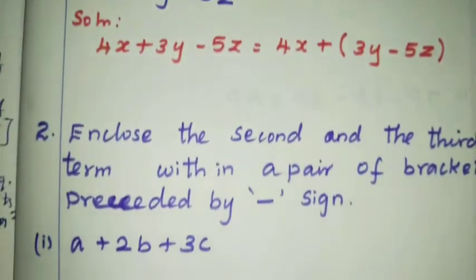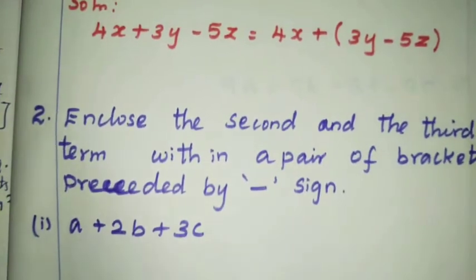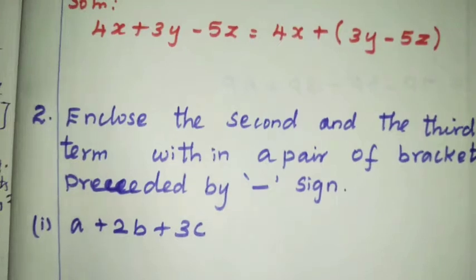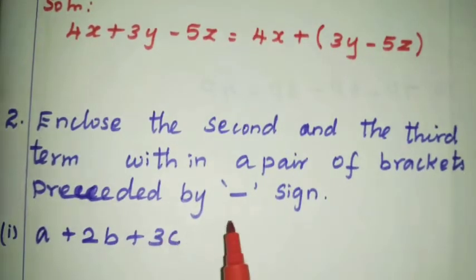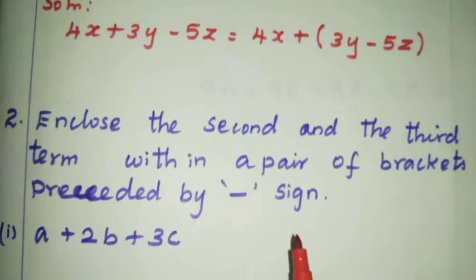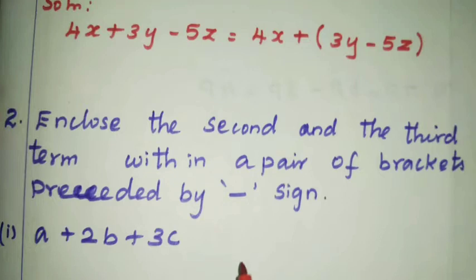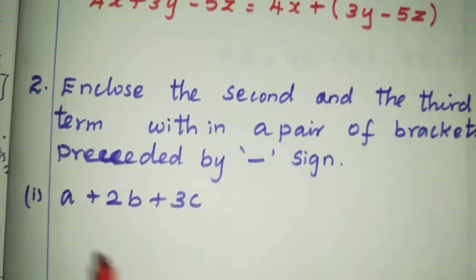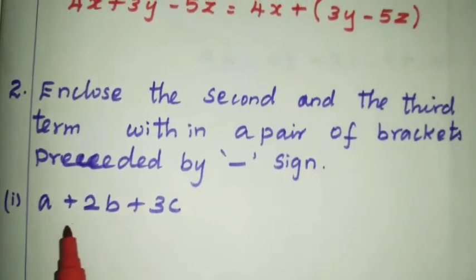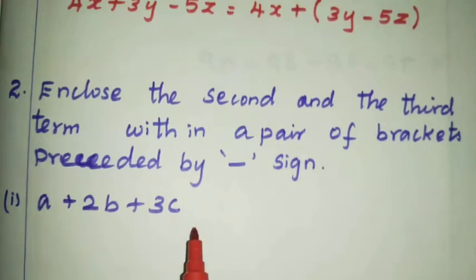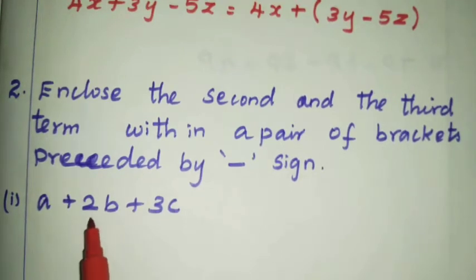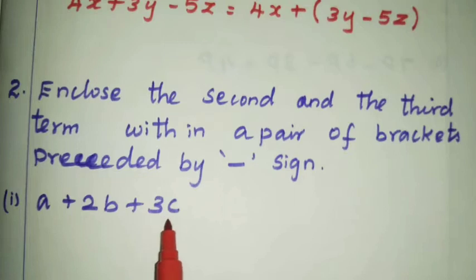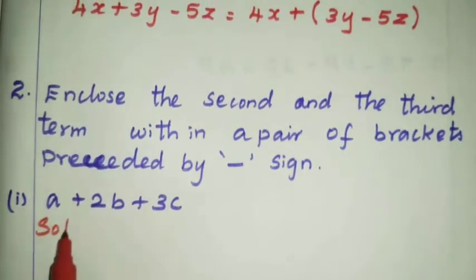Yes, the second one is: enclose the second and third term within a pair of brackets preceded by a minus sign. So using the second rule, before the bracket there is a negative sign. That means within the bracket you must change the sign of the elements. Here enclose the second and third term. Question number 1 is a plus 2b plus 3c. Here what is the second term? 2b. What's the third term? 3c. So the solution is